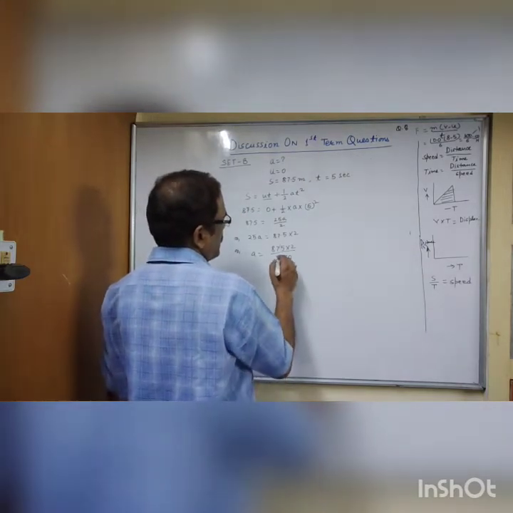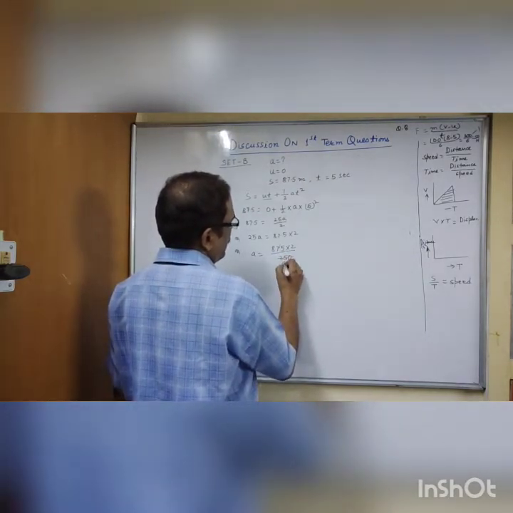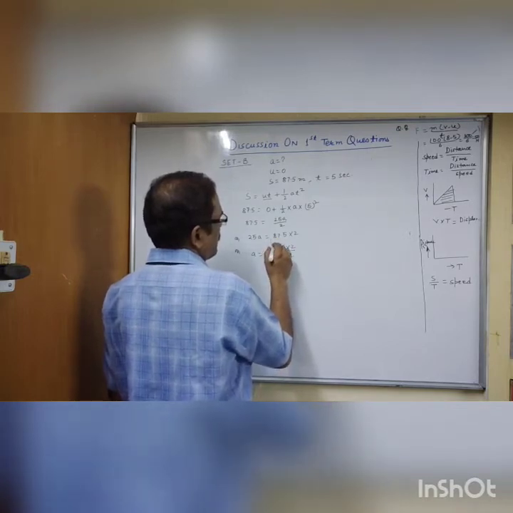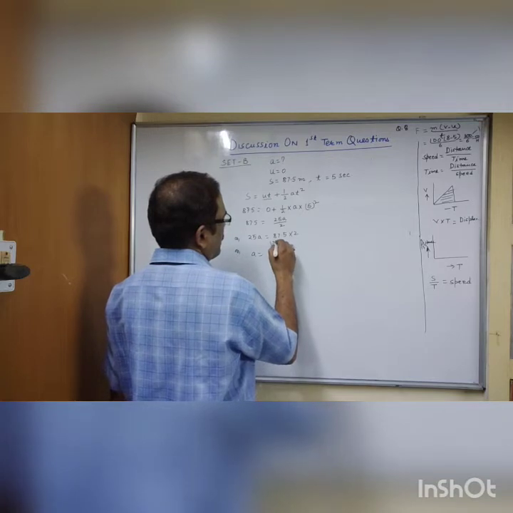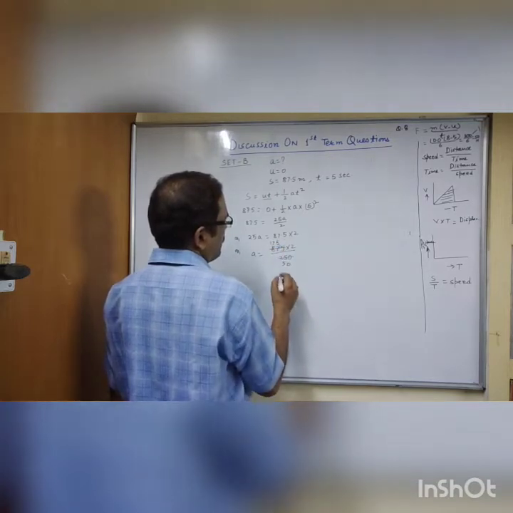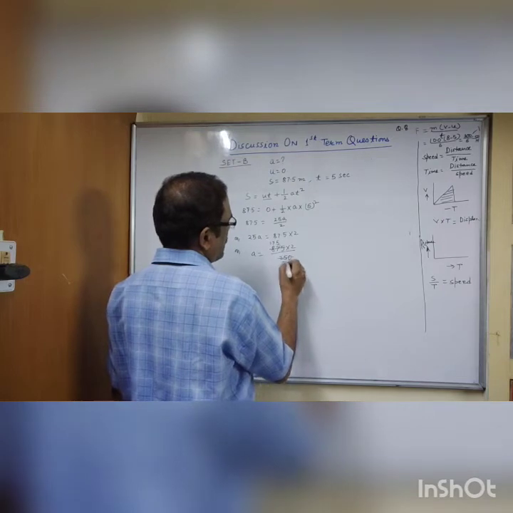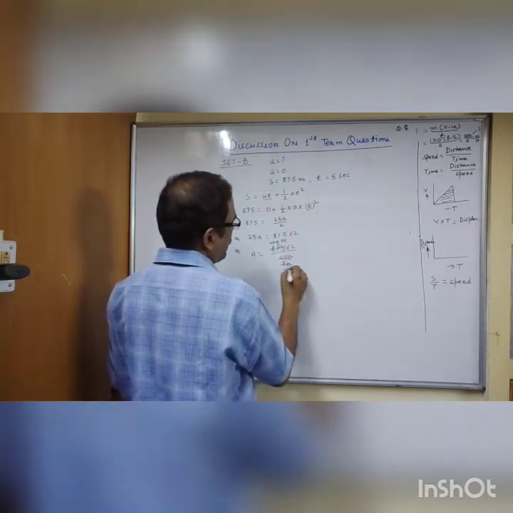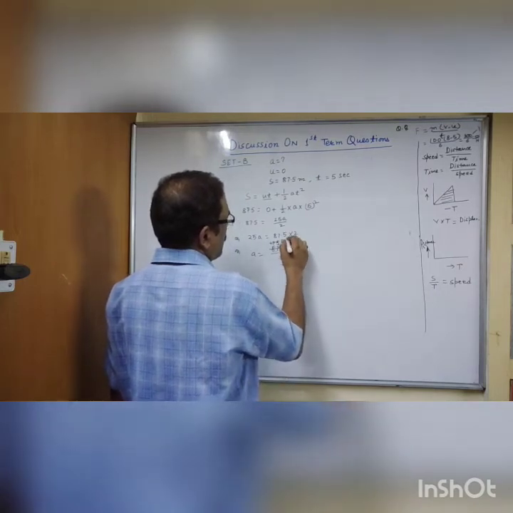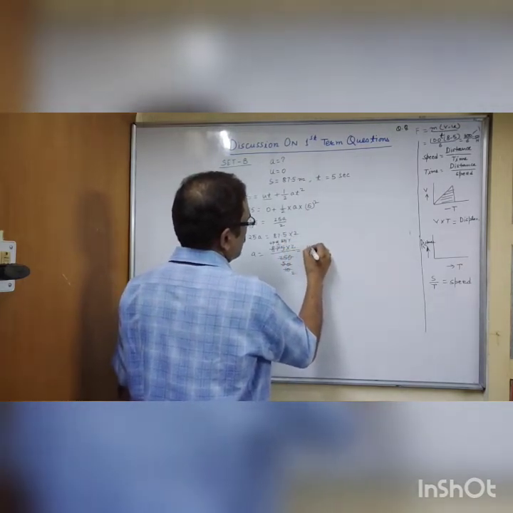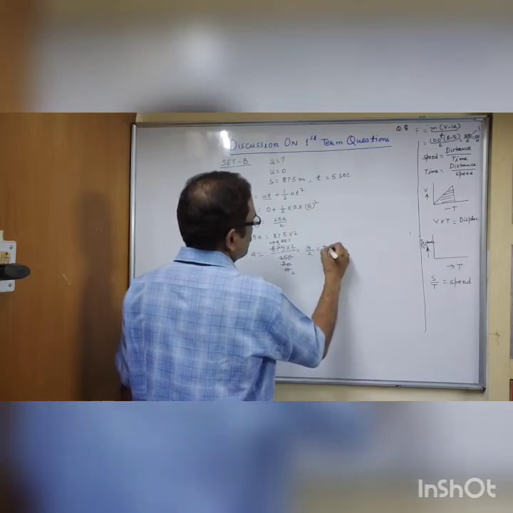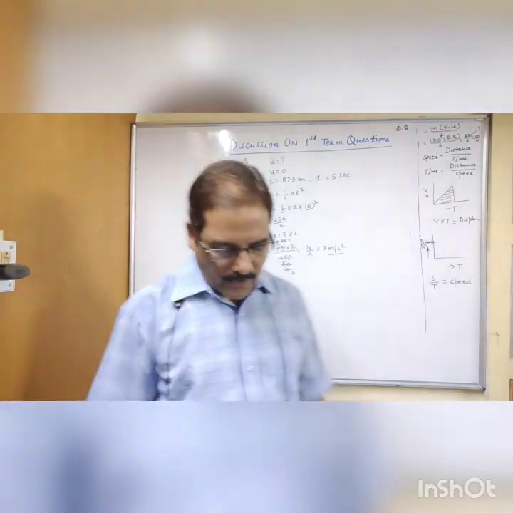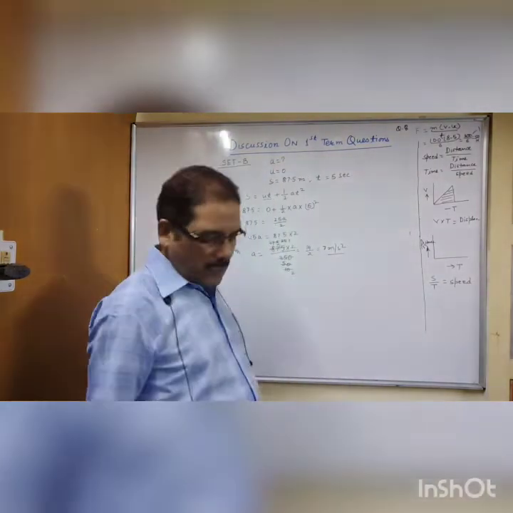So simplifying it with 5 5s are 25. Here 5 1s are 5. 5 7s are 35. 5 5s are 25. Again we can cut it with 5. 5 10s are 5, 3s are 5, 5s are. Again with 5, 5 2s are 5, 7s are. So 14 by 2. So 7 meter per second square is the acceleration. So you will get 2 marks for it.